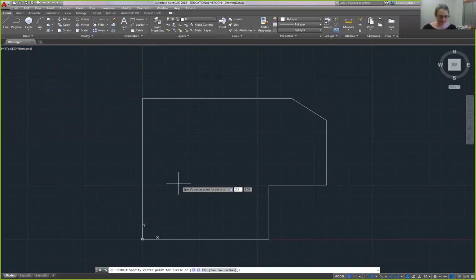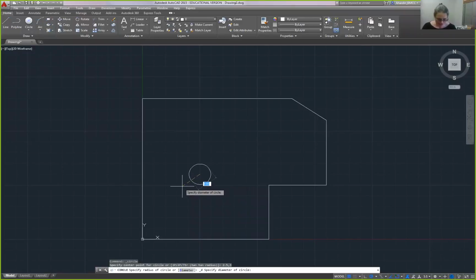That's the x dimension. That's how far to the right of our lower left-hand corner, comma 3. That's the y dimension. That's how far up from our bottom left-hand corner. And now we can push enter on the keyboard, and AutoCAD put the center at the coordinates